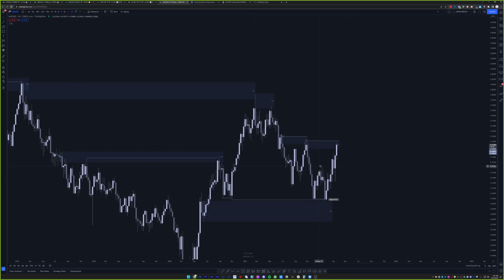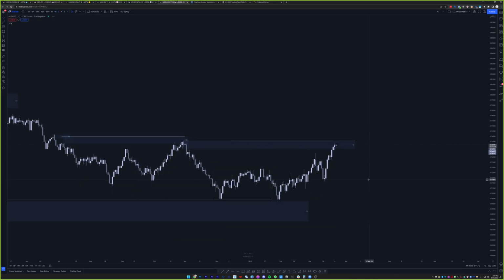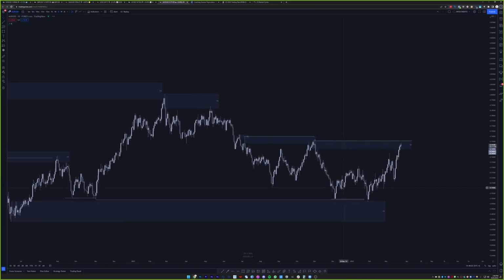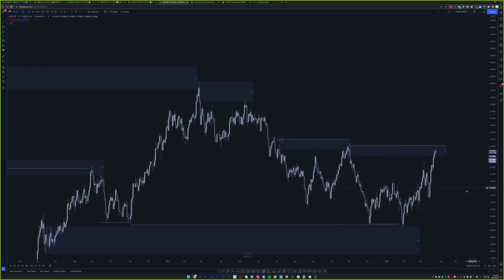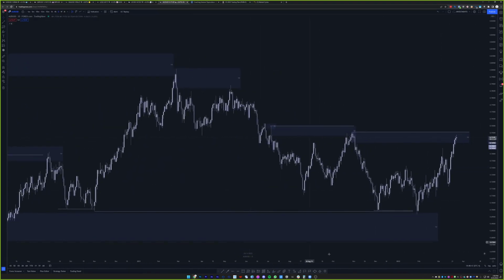Especially when this weekly demand filled. So let's go on the daily now, and we'll mark out structure and stuff. Okay, I already know where I'm going to mark out. Why don't we let everybody mark out structure? I'm being kind of sleepy. You guys do it. What do you guys think daily structure is? Go ahead and mark it out.